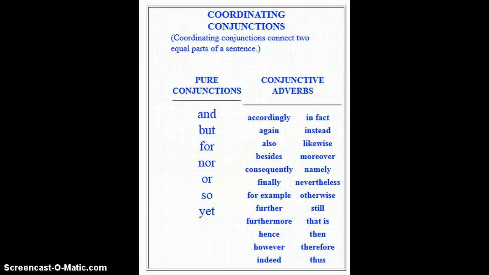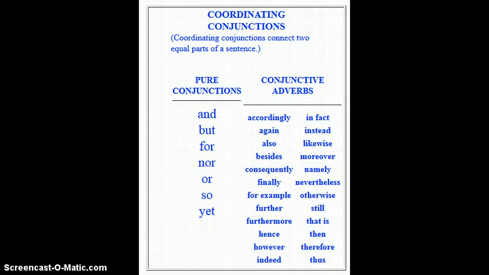The coordinating conjunctions connect two equal parts of a sentence, and we have the FANBOYS right here: for, and, nor, but, or, yet, so. He went to the mall and picked out a sweater. Two equal parts of a sentence. They usually are two phrases connected. We're not really worried about the coordinating conjunctions for phrases and clauses, but what we have to worry about are